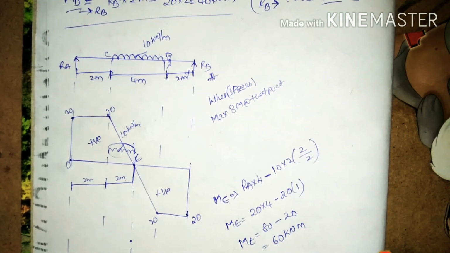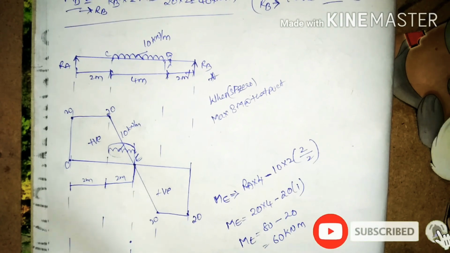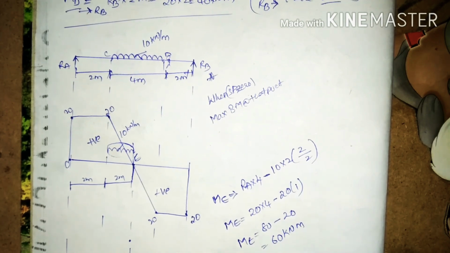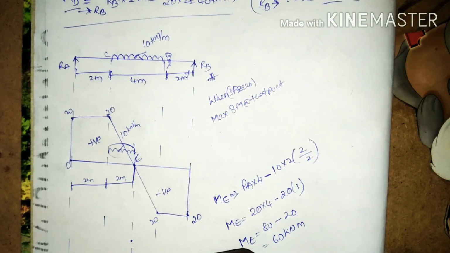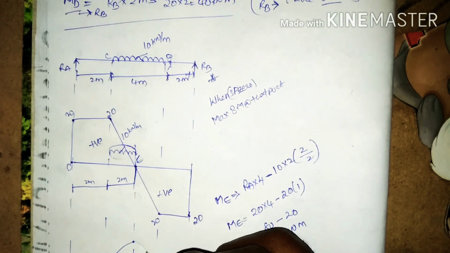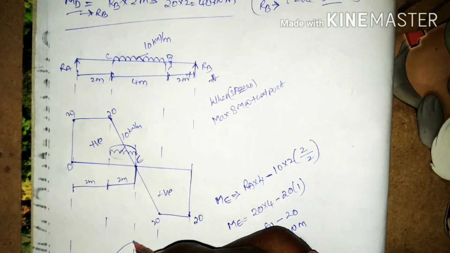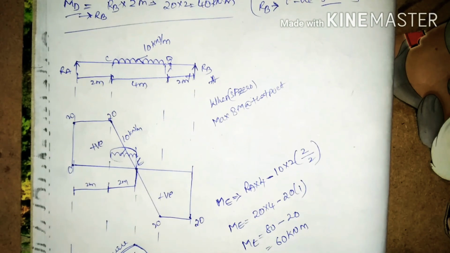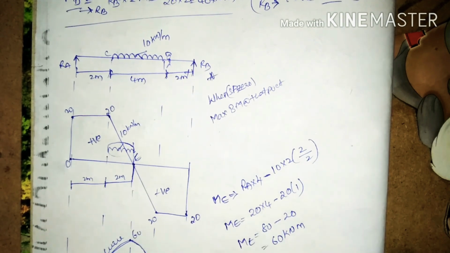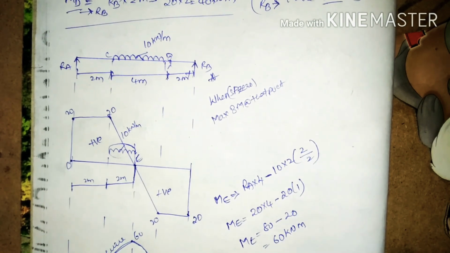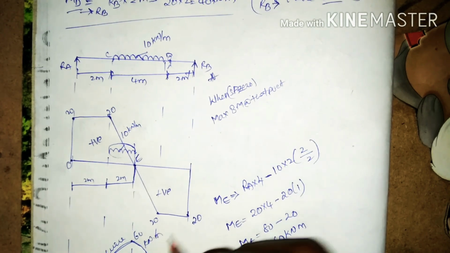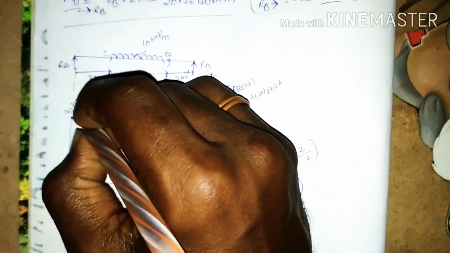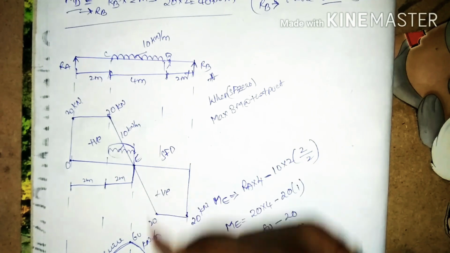C line. From A to C we have inclined straight lines. From C to D we get a curve, because we have the UDL in between C and D. This is a curve from here, like this. This is 40 and this is 60, 0 kilonewton meter. Don't forget to write the units for the values of the shear force and bending moment diagrams.